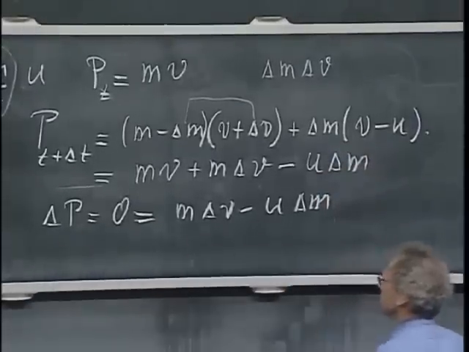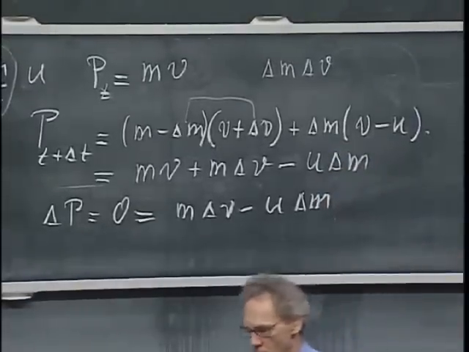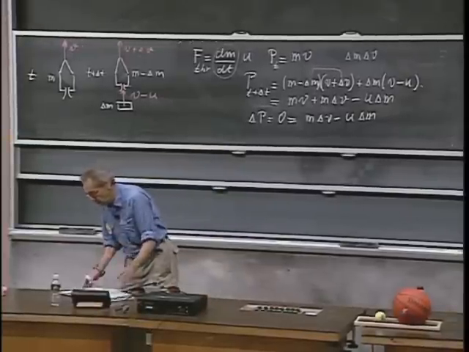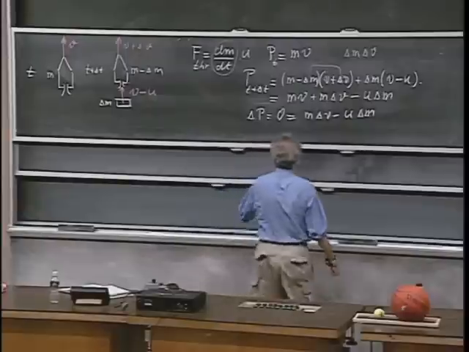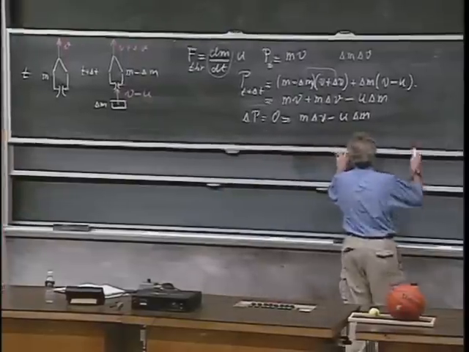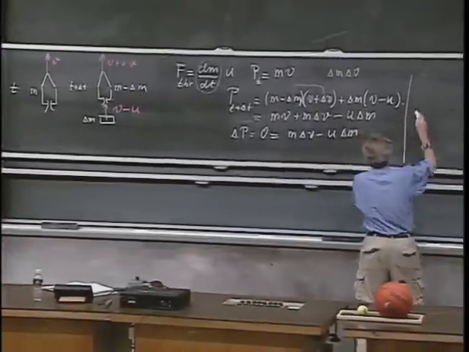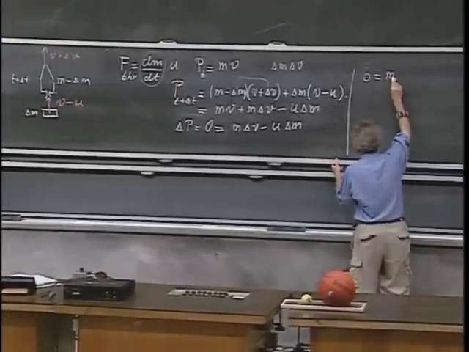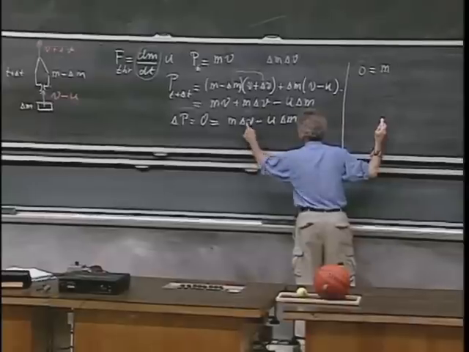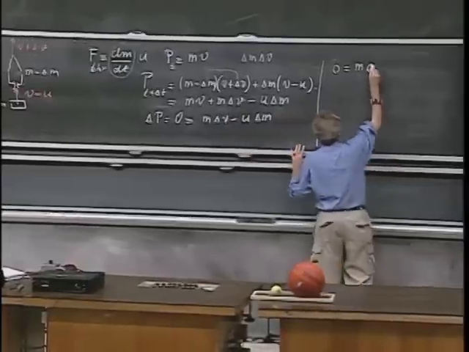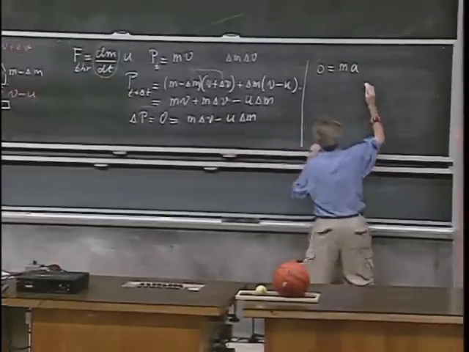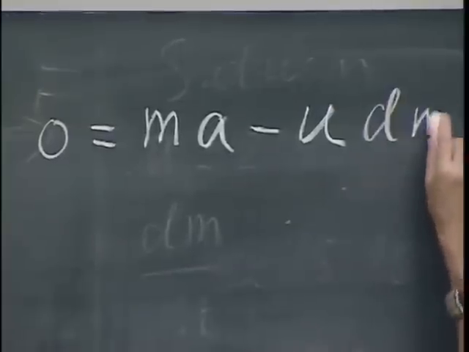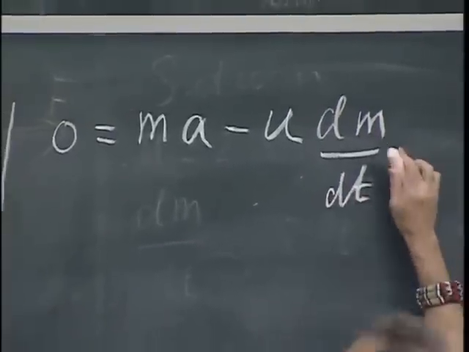I can take the derivative of this equation, so I get on the left side dp/dt. dp/dt is going to be 0. So I get 0 equals m times dv/dt, but dv/dt is the acceleration of the rocket, minus u dm/dt. And that is the thrust